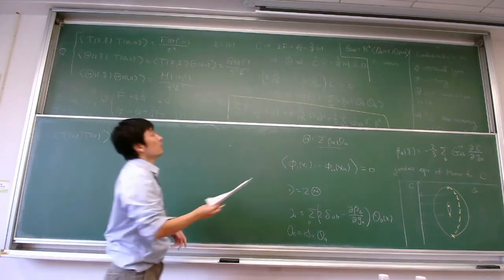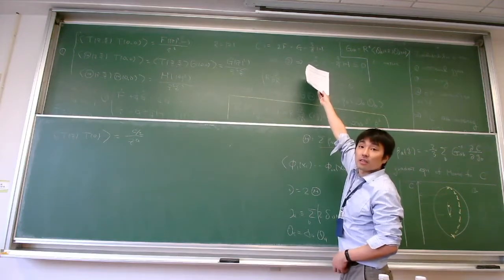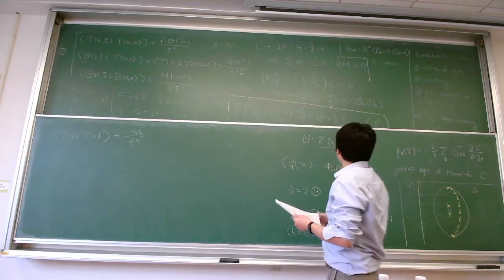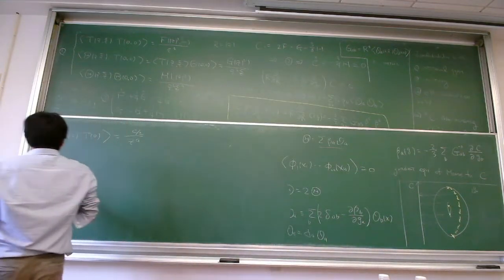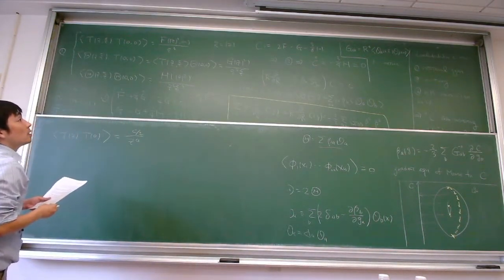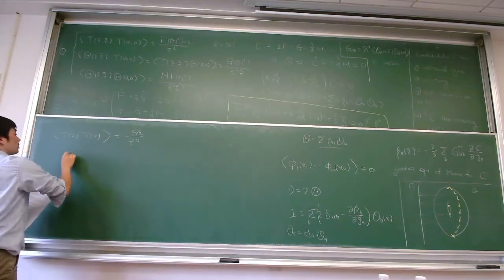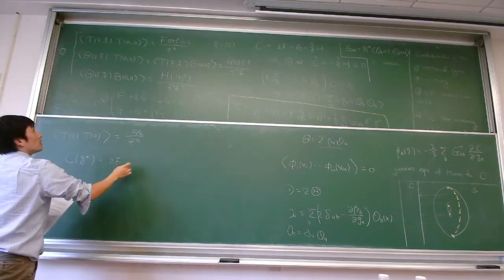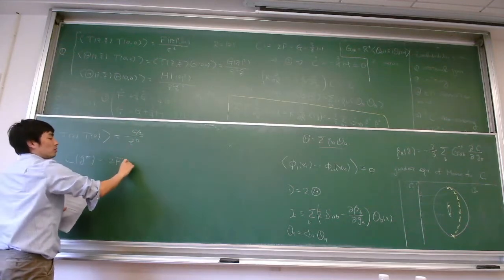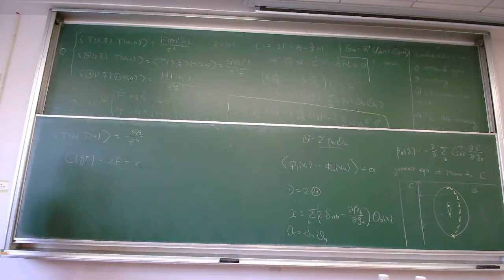So H becomes 0. So C dot is 0. Okay, C dot is 0. So therefore, it's a fixed point. And moreover, from the definition of C, indeed capital C at a fixed point G star is indeed 2F, and F is now c over 2, which is small c, the central charge of the